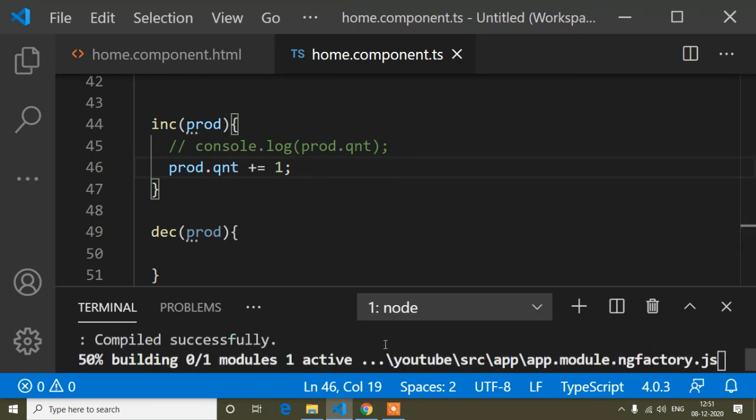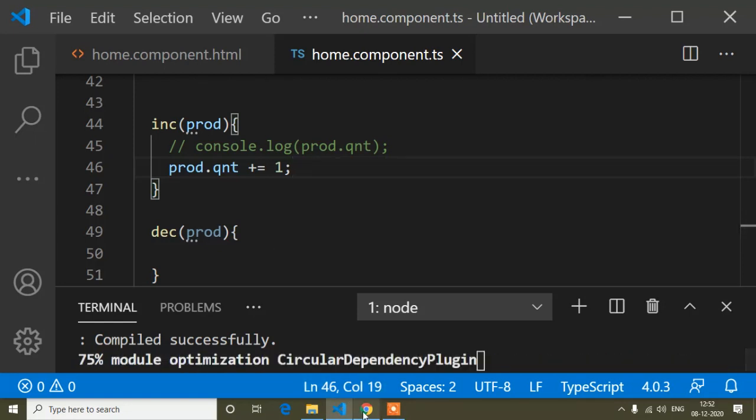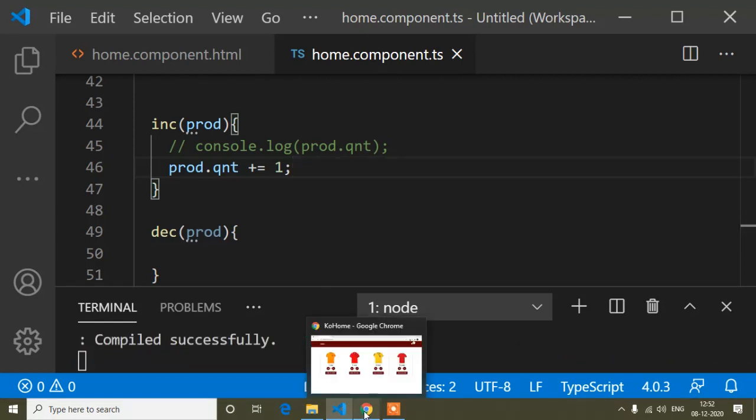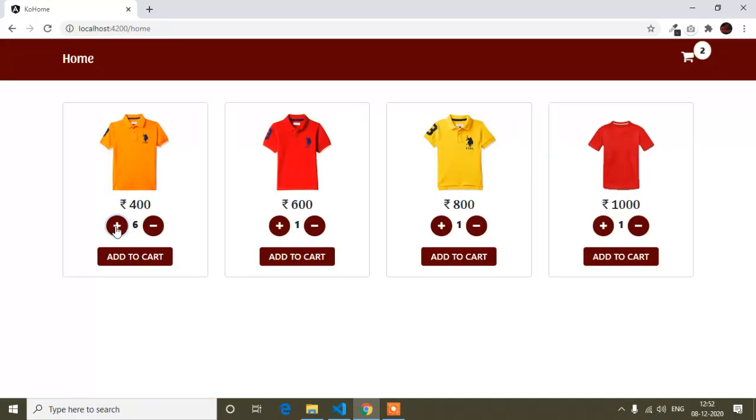So if I save and show you in the browser, you will find this one is the same as that one. Here you can see I'm clicking, so the product quantity is increasing. But, guys, if you notice, on any e-commerce site you cannot increase the quantity as per your choice.